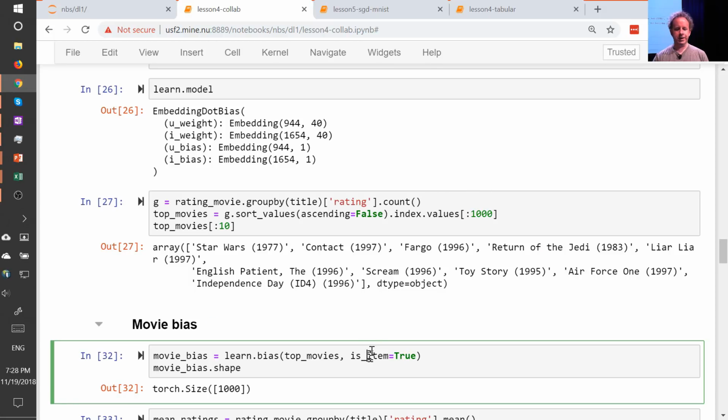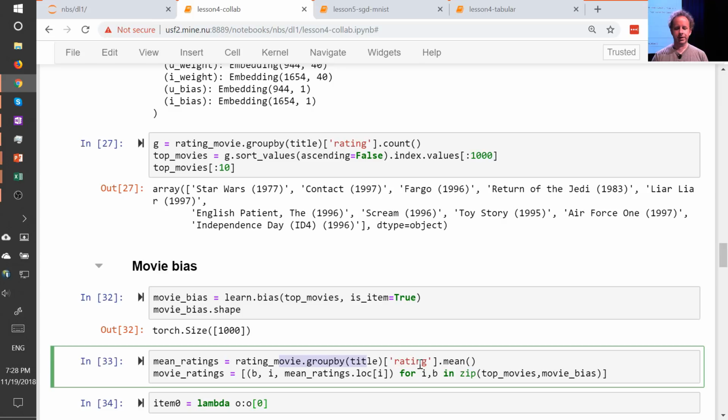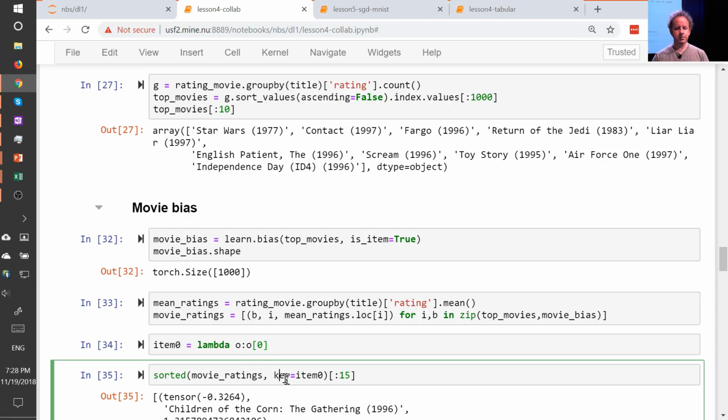So in our case, we want the items. This is the list of items we want. We want the bias. So this is specific to collaborative filtering. And so that's going to give us back 1,000 numbers, because this has 1,000 movies in it. So we can now take, and just for comparison, let's also group the titles by the mean rating. Then we can zip through, going through together each of the movies along with the bias, and grab their rating and the bias and the movie, and then we can sort them all by the zero index thing,